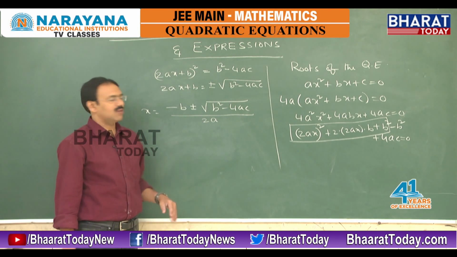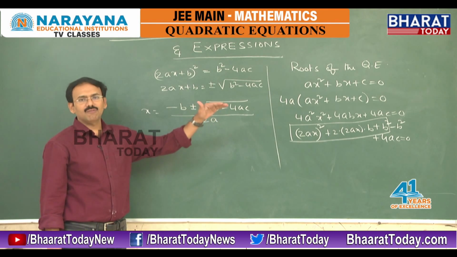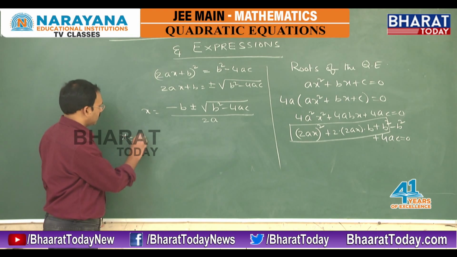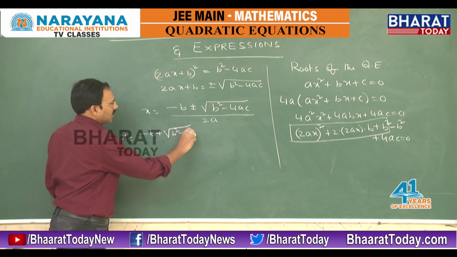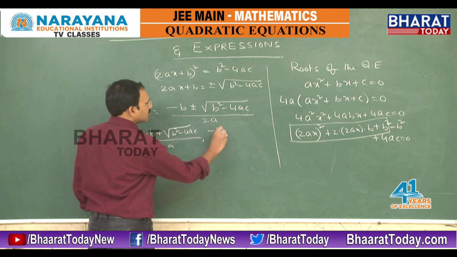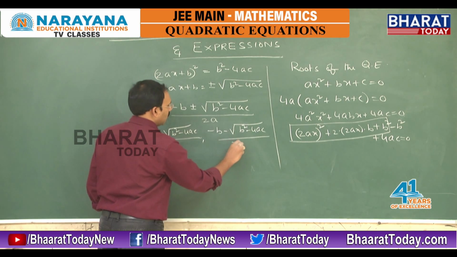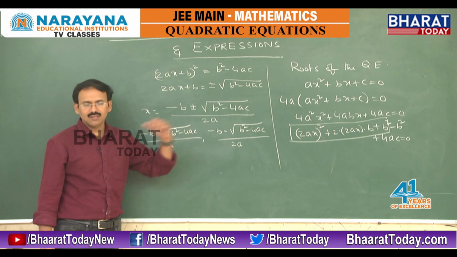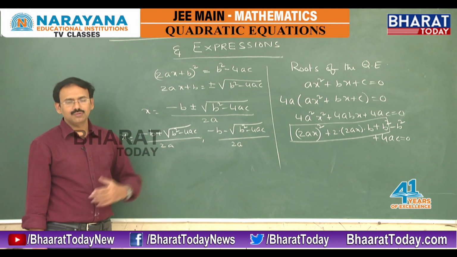which satisfy the equation, that x is going to be (−b ± √(b² − 4ac)) / 2a. That means we got two numbers in place of x: the first is (−b + √(b² − 4ac)) / 2a, whereas the second number is (−b − √(b² − 4ac)) / 2a. So these are the two numbers which satisfy a quadratic equation. Since it is a quadratic equation, there will be two roots.